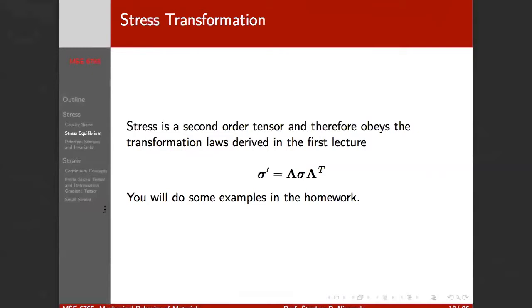Oh, we're back. I didn't want to turn that back on yet. So coordinate transformations, right? These were the examples that we skipped from the first, right? And so we have to go back and refresh ourselves, but it's a second order tensor, so stress transforms by A or Q sigma A transpose, right? But we need to do a couple examples of how we find the transformation matrix for a particular transformation. So in the questions to ponder,